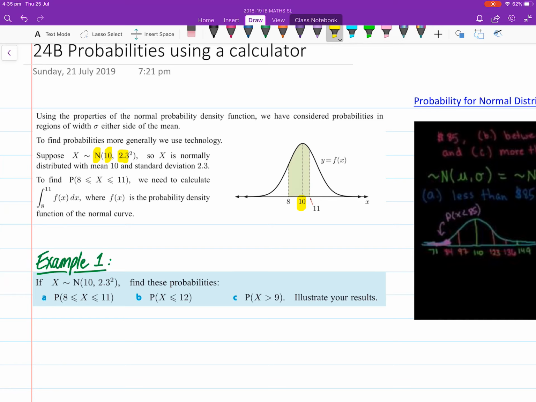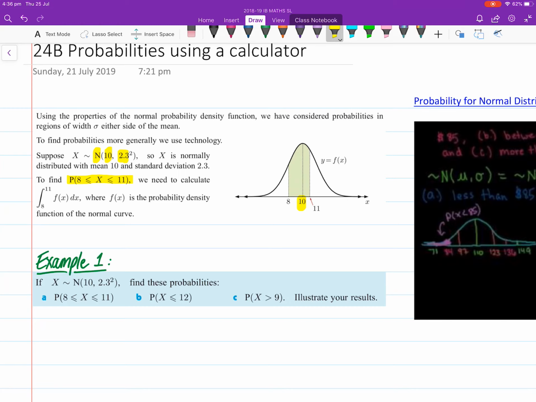And so x is here, I think, a continuous normal distribution. And a question here asks us to find the probability of some event x, so that the results are greater than or equal to 8 but less than or equal to 11. So let's just say it's maybe points in a game, and the average is people get 10 points for playing this game. And so it's asking what's the probability of someone playing this game and getting between 8 and 11 points. Okay,